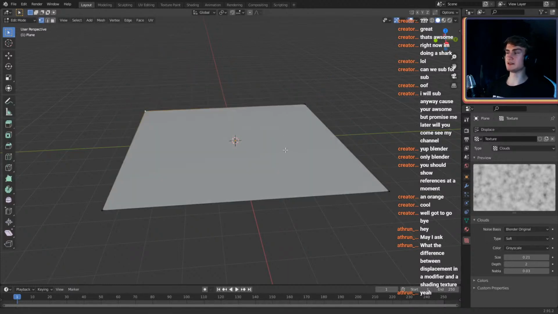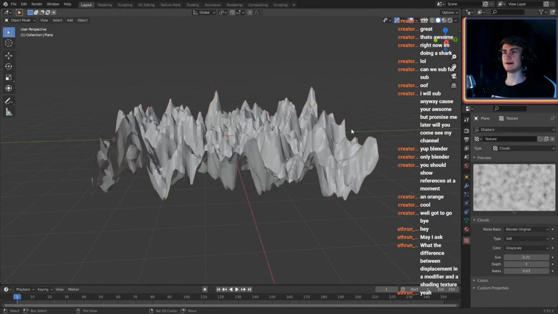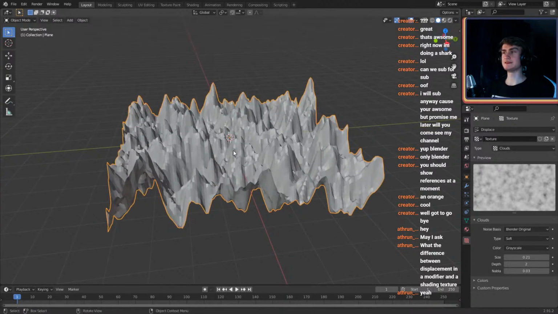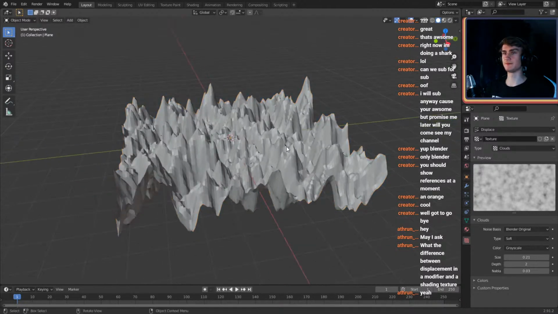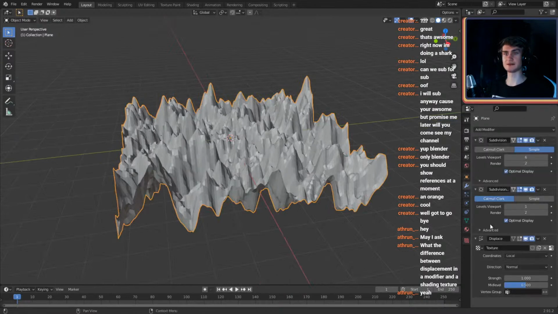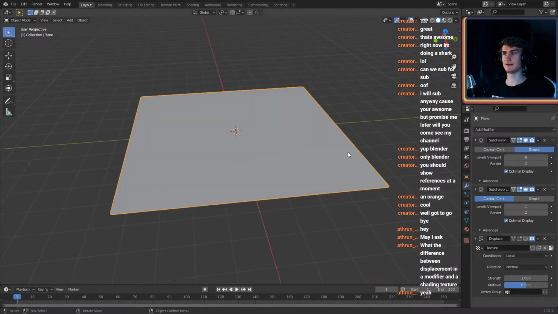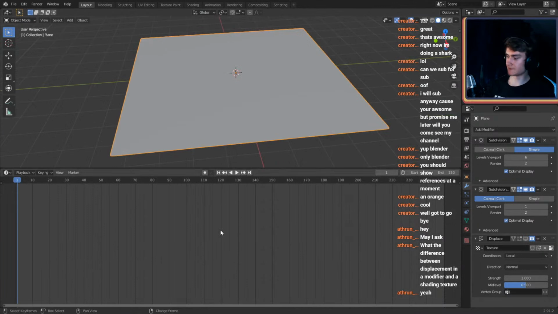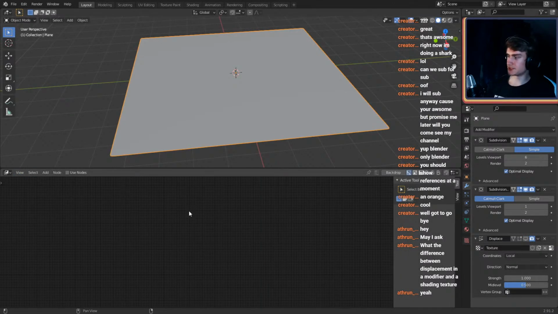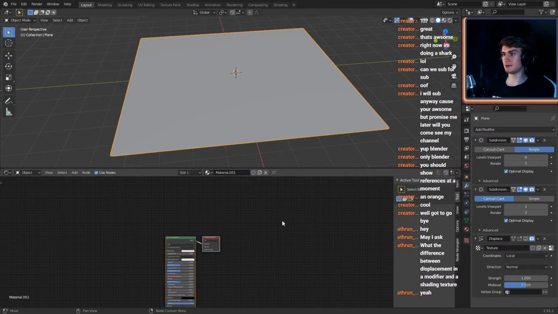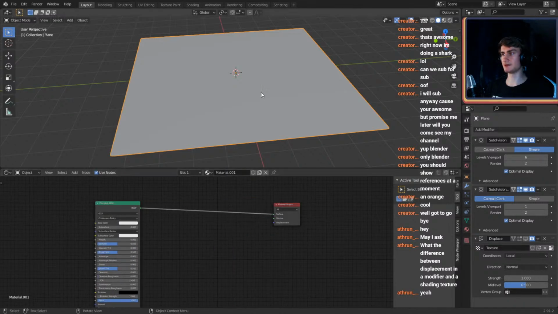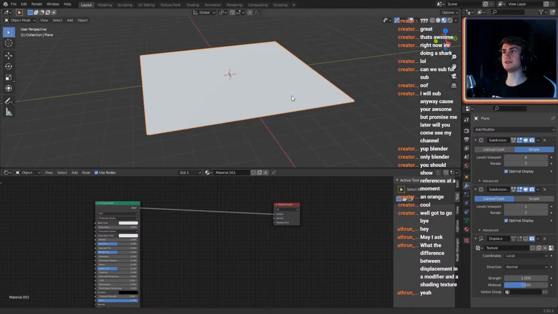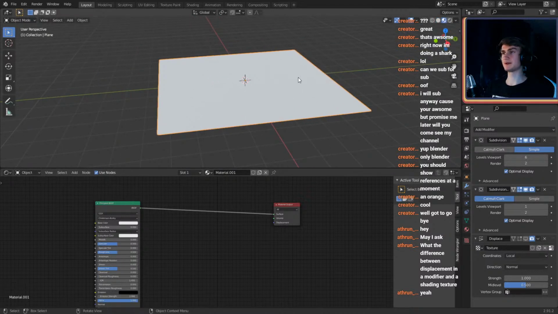If you want to use the displacement node, the displacement will only be rendered in your finished render. So what I mean is, if you hide this displacement modifier and you go to your shading, shading, of course. So you can make a new shader. Let's switch to material preview. Of course, to see your displacement,